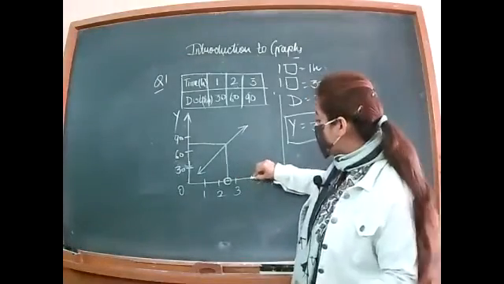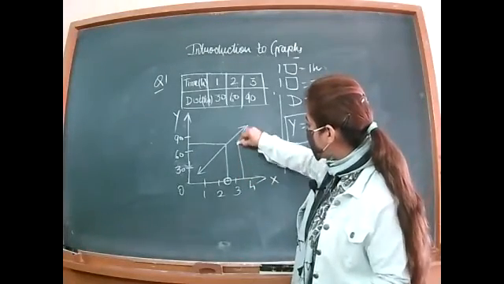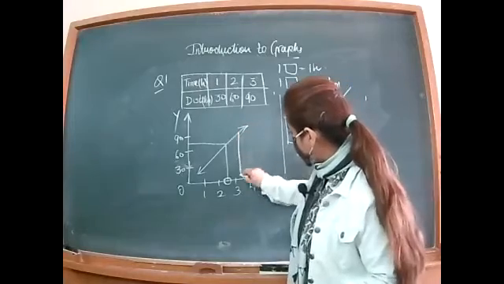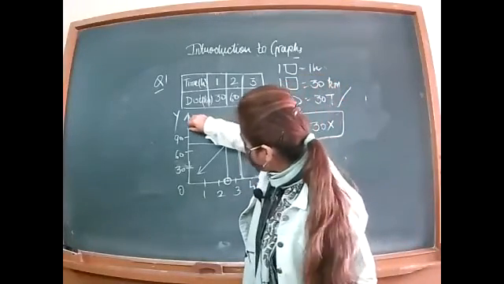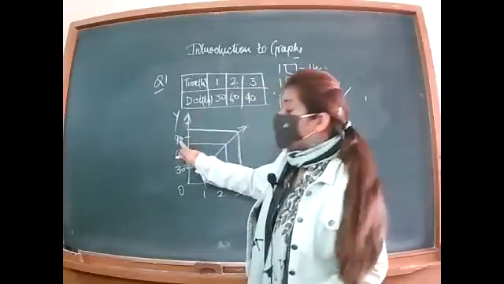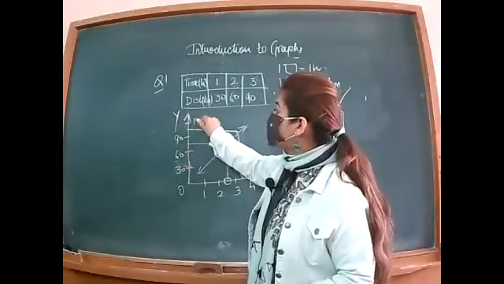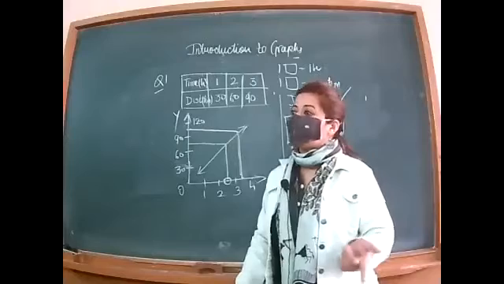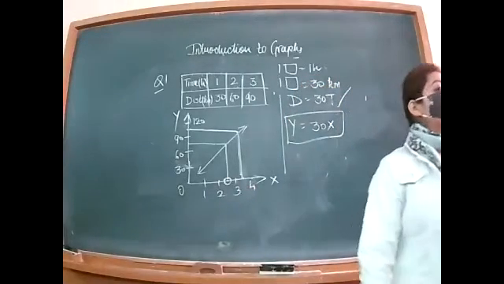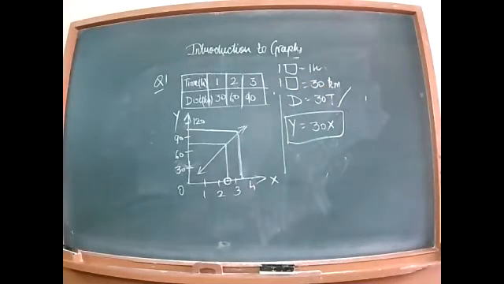This is your 3, this is your 4. So when you join them, and when you join this on the y-axis, you will get, actually this is 90, so the next point is your 120. And the half of these 2 points is 105. So at the time of 3.5 hours, Ajit must have covered the distance of 105 kilometers. Got it? Yes?